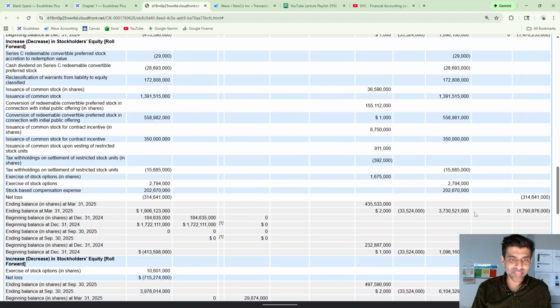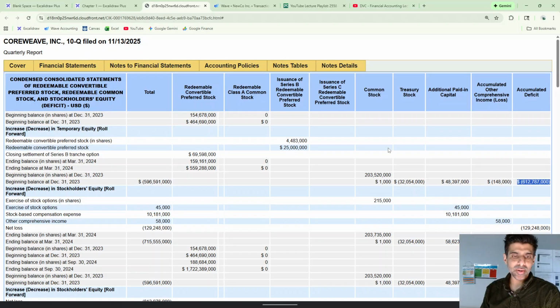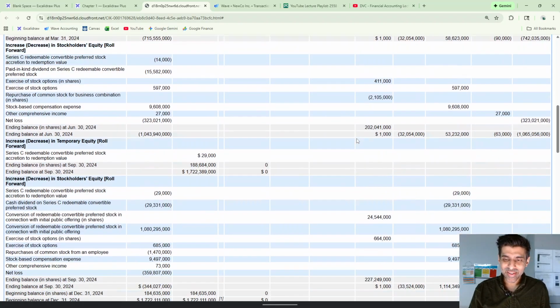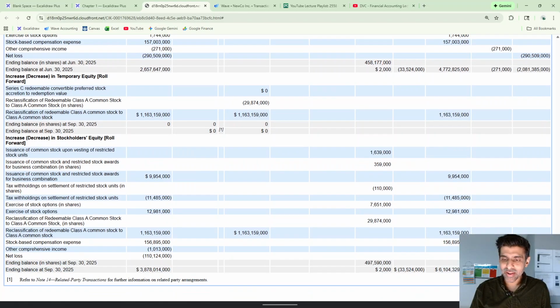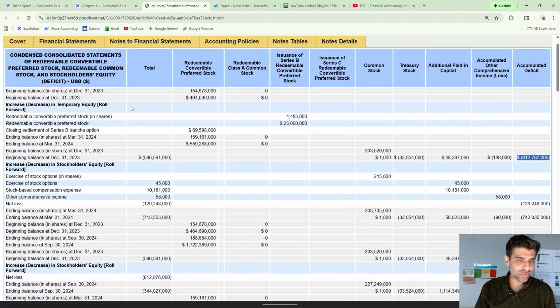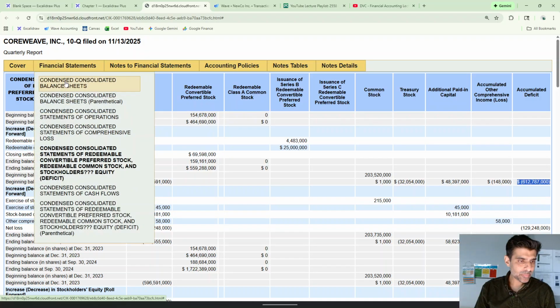There's a lot going on here because this is probably a company that took. You can see they have different series of equity that they've taken as paid-in capital, contributed capital, and they've never earned any money. But basically, if we spend enough time, we could figure out this total equity balance is going to be in their balance sheet. So if we now go to the balance sheet,